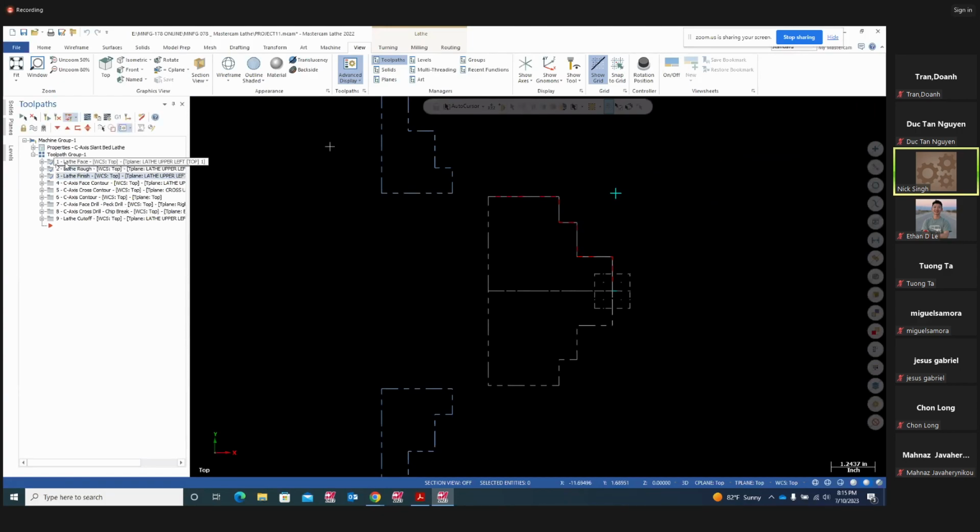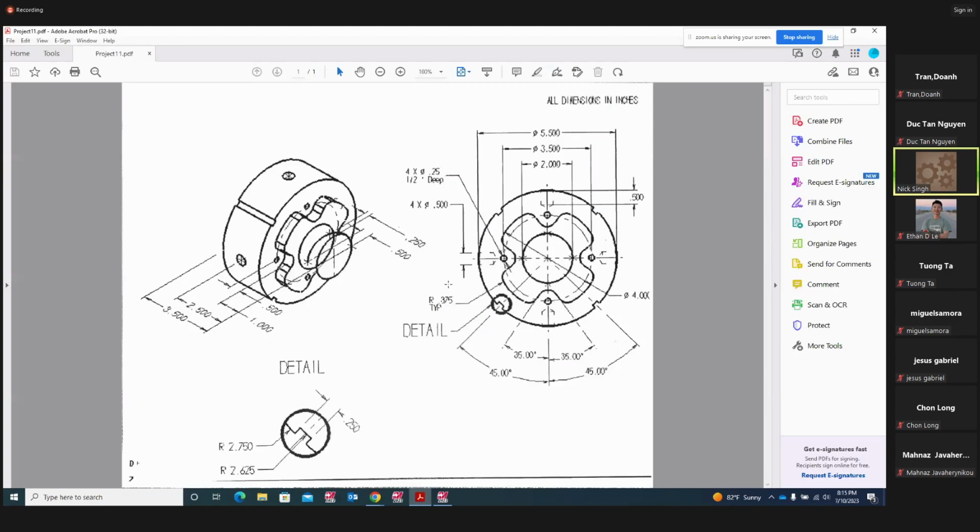To do these first three toolpaths, we have to create this geometry, the one you see right here, guys. And this geometry is based on this blueprint right here. So now if you look at this blueprint here,